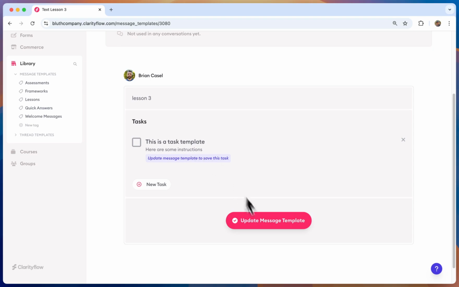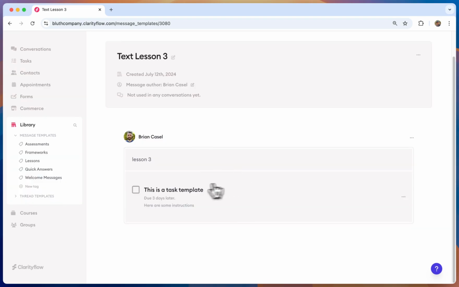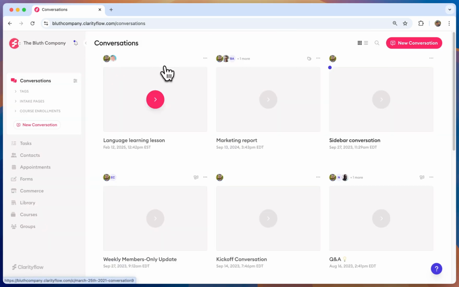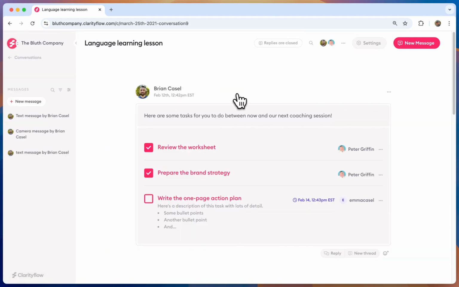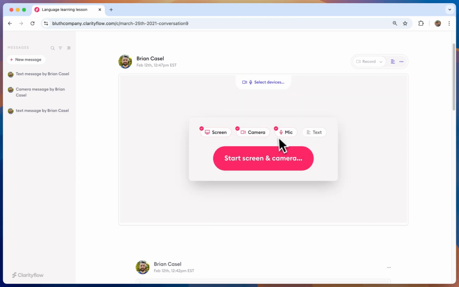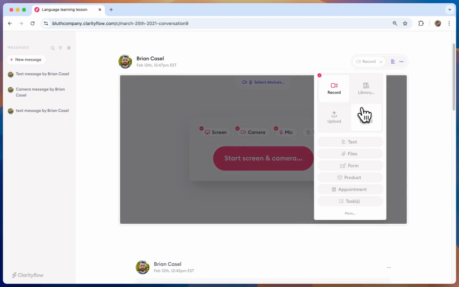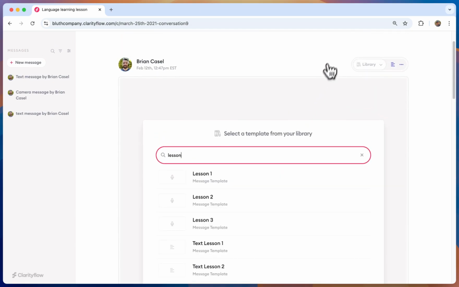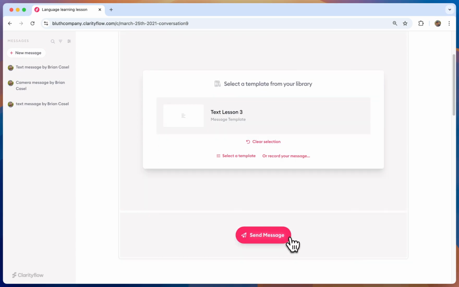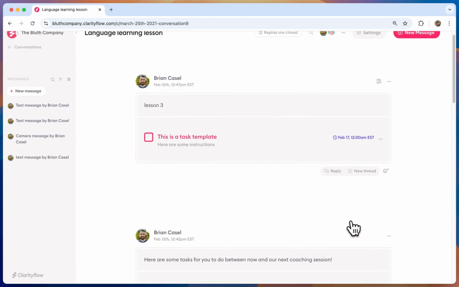And so now this task is part of this message template, and then whenever I use this message in any conversation, just like I'll do right here, just to demonstrate this, I'll go into this lesson right here, and I will start a new message. And I'll go to my library. I believe it was lesson 3. Okay, so now I have inserted that message template